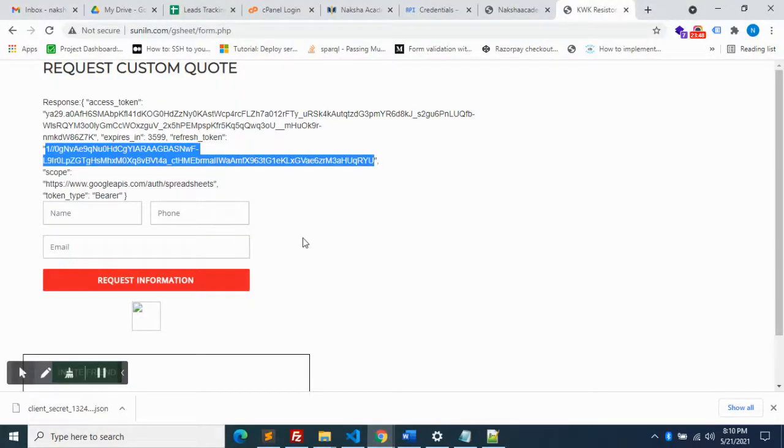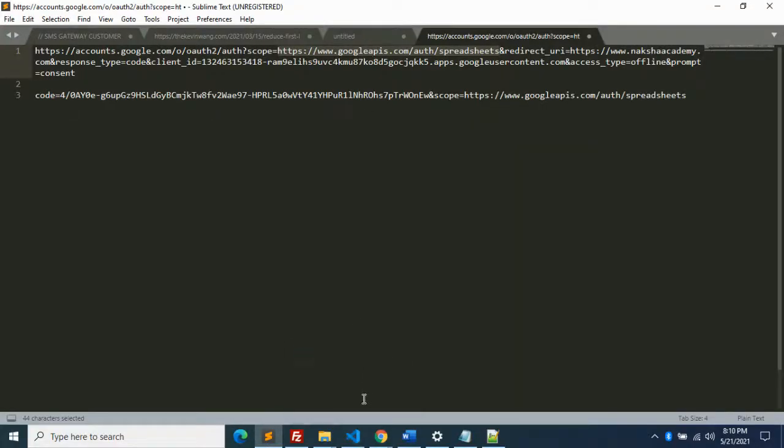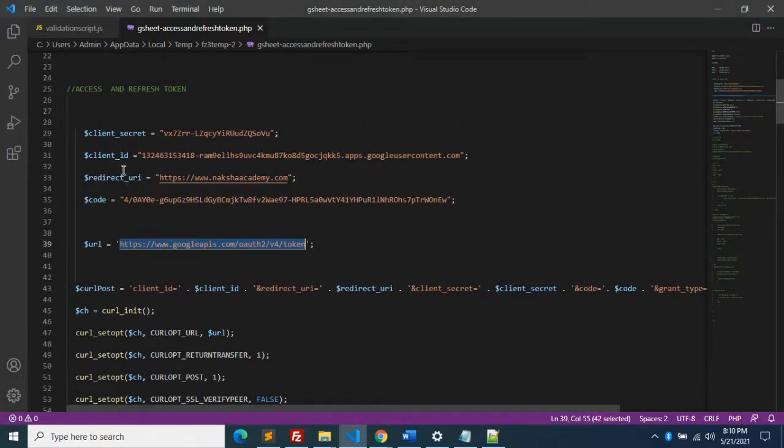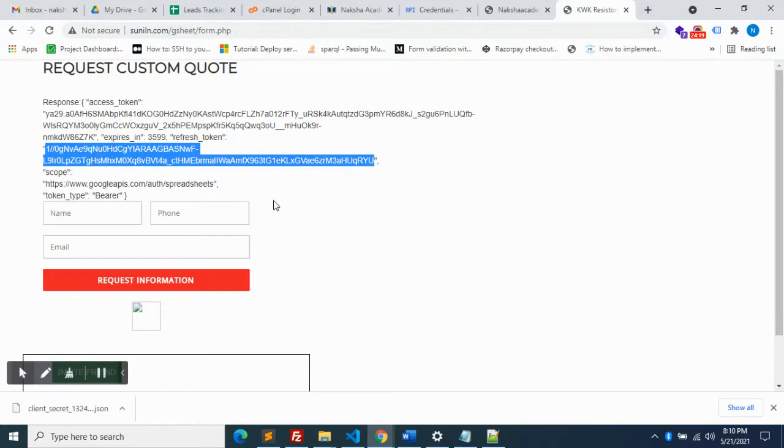So two things are mainly needed. First we have to create a code. For getting the code we have to use the get method, and we will get the code. Then another one is we have to get the refresh token using the OAuth2 method. I have already explained that. So we have client secret, client ID, and redirect URI. Using that code we are getting the refresh token here. Using this refresh token, we will be able to insert the values into Google Sheet. So now we have almost done 70% of the part.